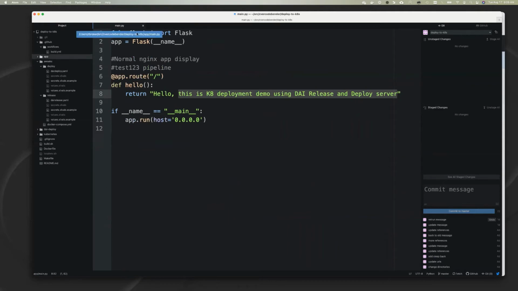So I had this main.py. We have this little Flask application that's going to run, and every time I call it, it's going to print this out. So let's change this message. We're going to have it ask us if we'd like to do a nice game of chess. And so stage this,